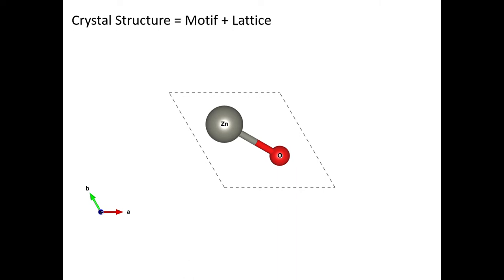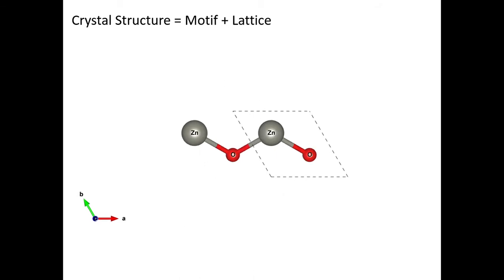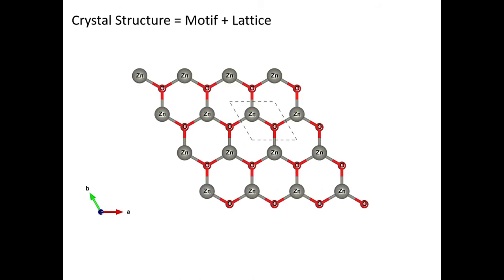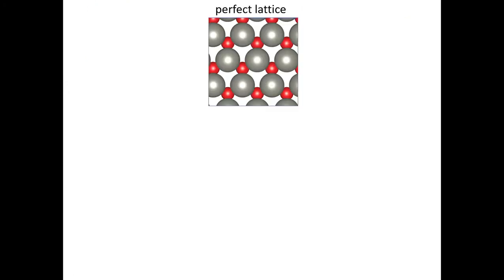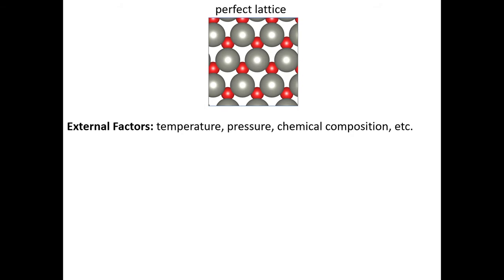Crystals are usually represented by repetition of basic unit of structures called motifs in a defined lattice. For instance, this motif consisting of zinc and oxygen atoms can be repeated in any direction to represent a crystal structure. However, a perfect lattice is an idealization because there are always imperfections due to external factors such as temperature,